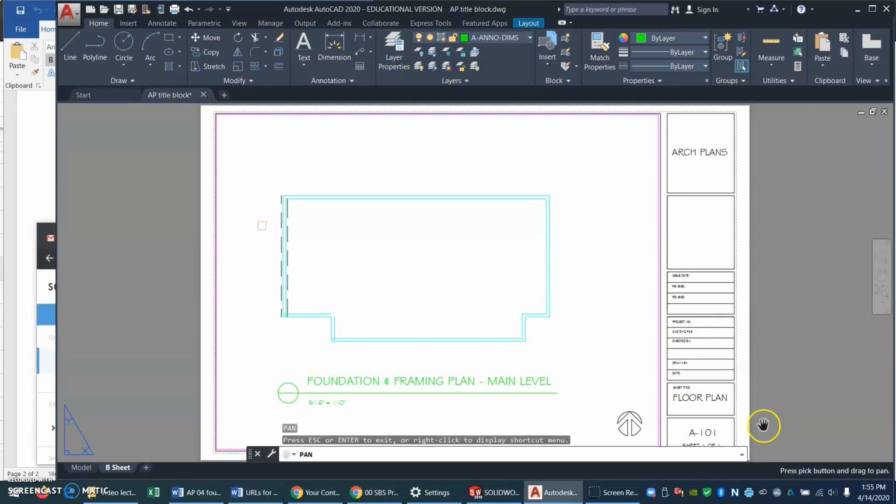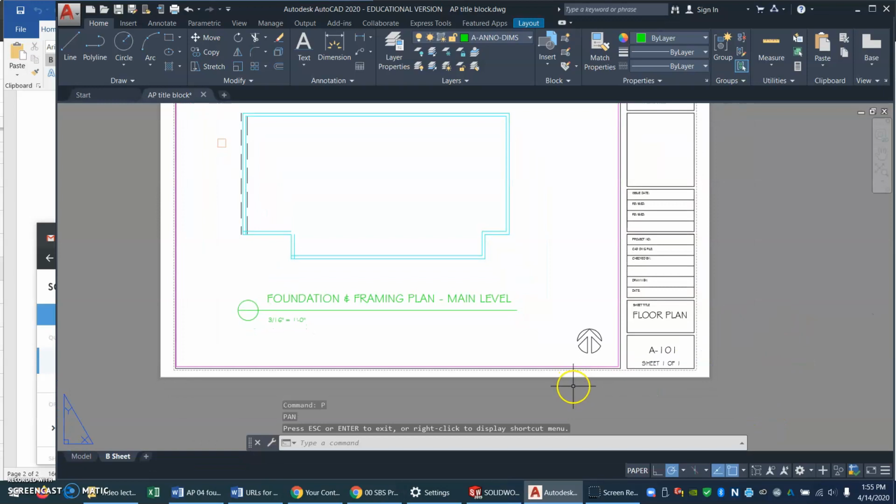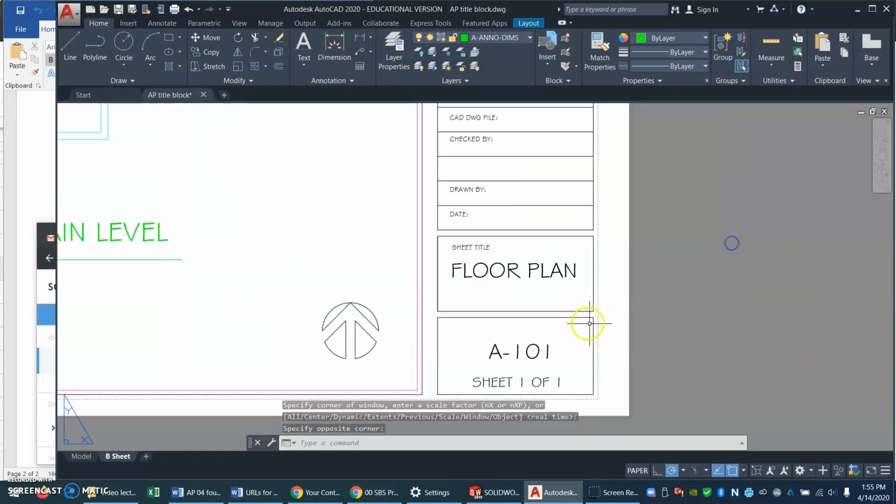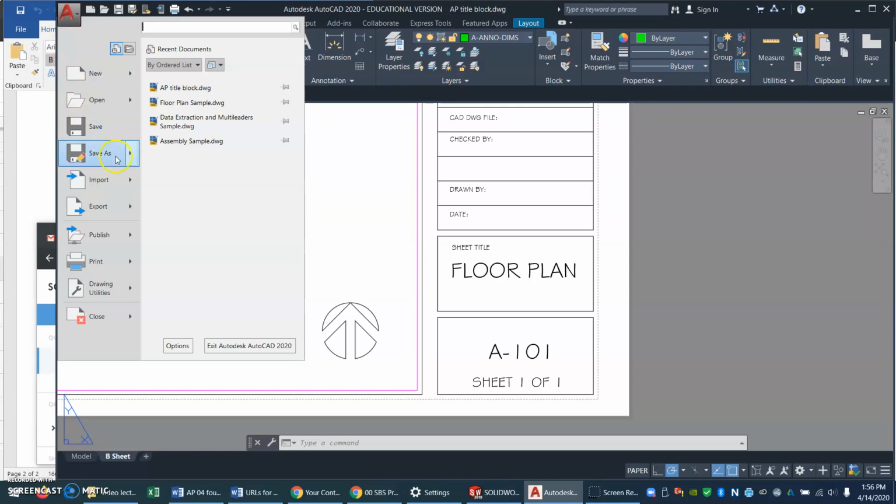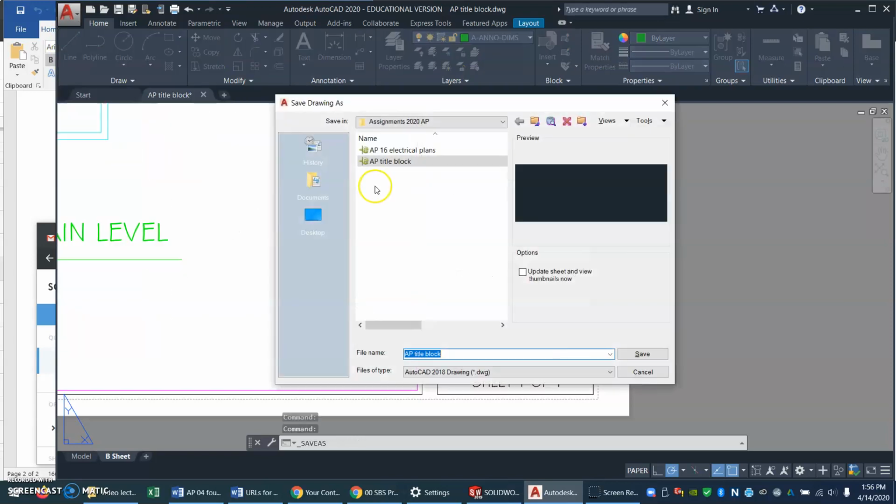Another thing I want to do is go down here and change the name of the drawing and put my name in here. And you know what I did wrong? What I should have done the very first time I opened this title block, and I forgot to show you, the first thing I should have done was save as. I should have gone big red A, save as, and I'm going to save this as, okay, I'll just call it Robertson Assignment 4, and I'm going to save it in my folder,